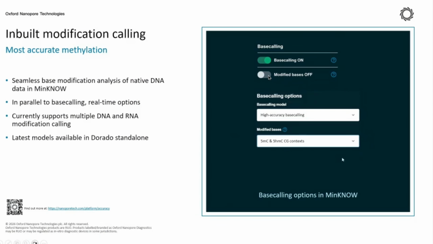So this is the interface of the MinNode. Normally during the sequencing, we will be enabling the live base calling to be carried out. And then for human whole genome sequencing, if the epigenomics is something that you are also looking at, these are the options that we should enable during the sequencing process. Then the output will be in the BAM file, where it will also capture the epigenetics signals from the sequencing